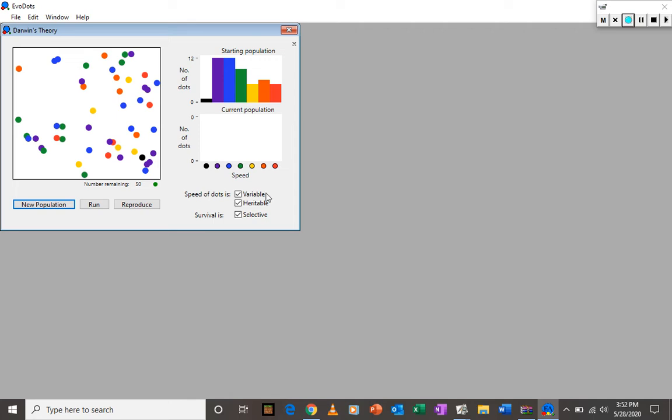We'll find out. And then we have these three options down here that the speed of the dots is variable, meaning there's variation. They're going to change. Not that the dots would change, but within the population there's variation. That the speed is heritable. So when I reproduce that I'm going to show you, the blue dot gives birth to a blue dot. So that speed gets inherited. And that the survival is selective. That means there's some sort of selective pressure in the environment, meaning there's an advantage to having a faster or